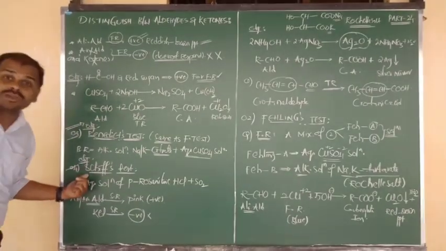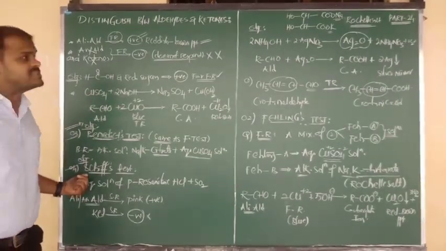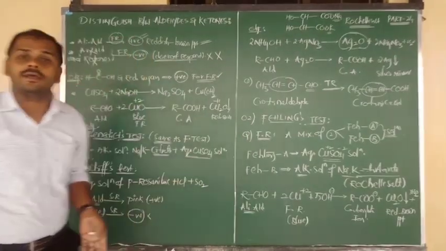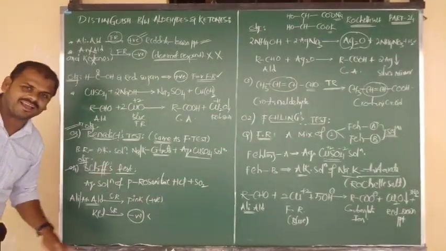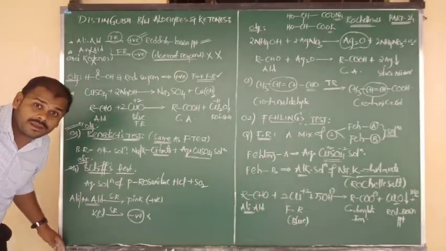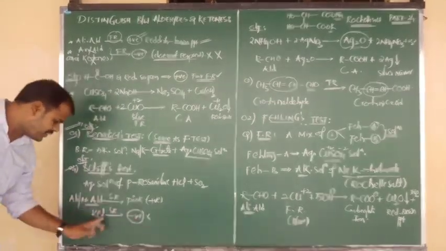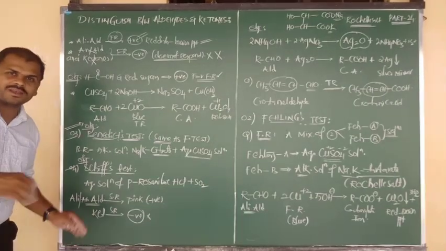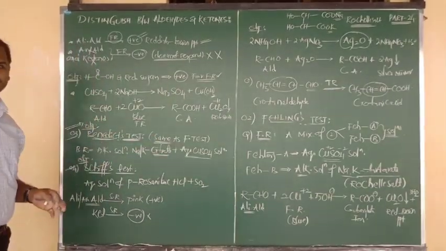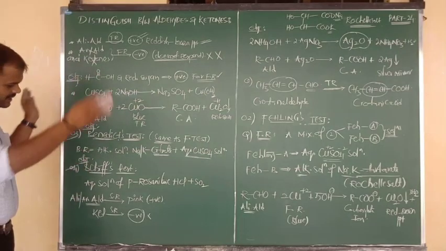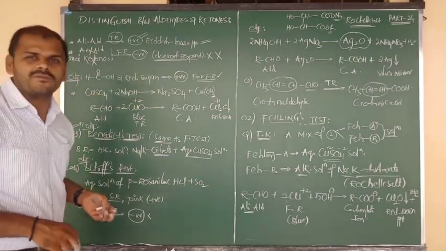So the last reaction looks like Tollens. Tollens is positive for aliphatic and aromatic aldehyde. Schiff's reagent is positive for aliphatic and aromatic aldehyde. Tollens is negative for ketones. Schiff's reagent is also negative for ketones. So the first one and the last one serve the same type of purpose, and the second and third again serve the same type of purpose. Okay, all of you, so these are the 4 different types of reaction methods.